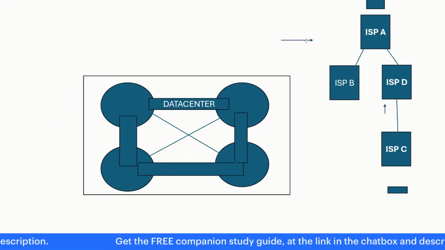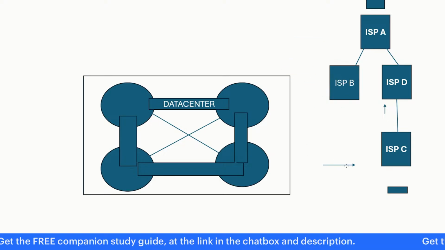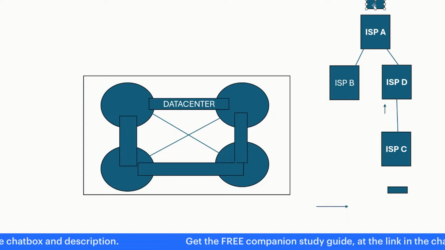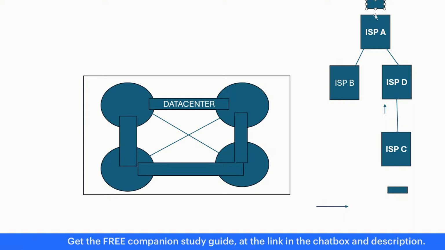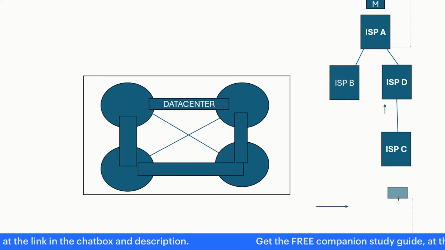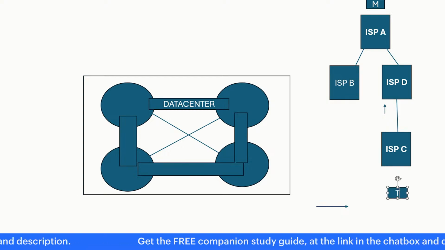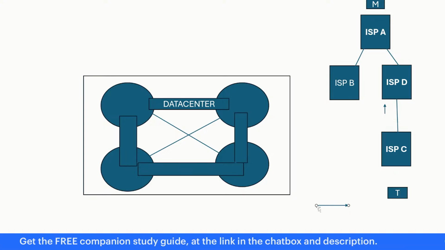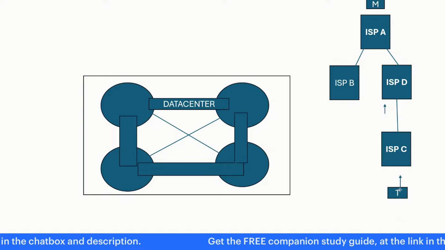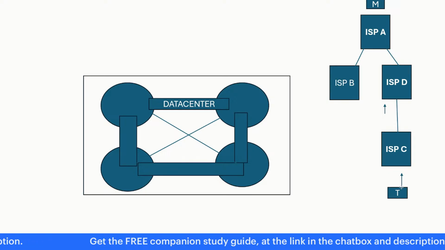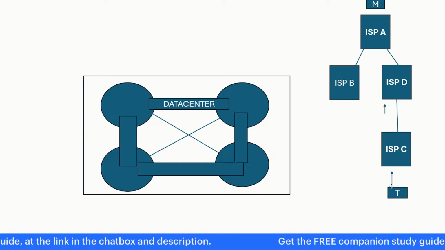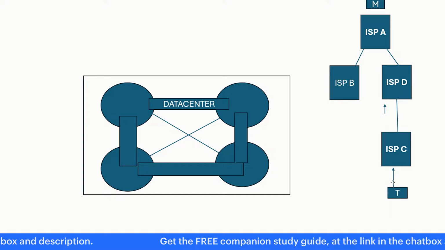But the internet is a collection of thousands of internet service providers that are connected to each other. And the way internet routing works, let's say we've got a user, and this user is a cat. Let's call it a Maine Coon cat. And we've got another user that wants to use the internet that is a tabby cat. And the tabby cat wants to talk to the Maine Coon cat. So if the tabby cat is connected to internet service provider C, and the Maine Coon is attached to internet service provider A, what happens is the tabby cat goes to their local internet service provider. It says who has a route to